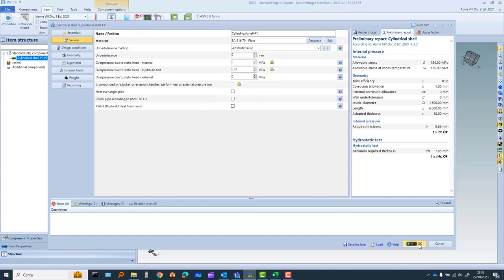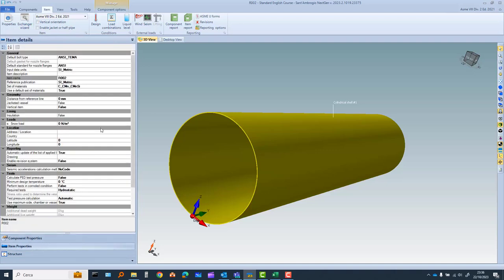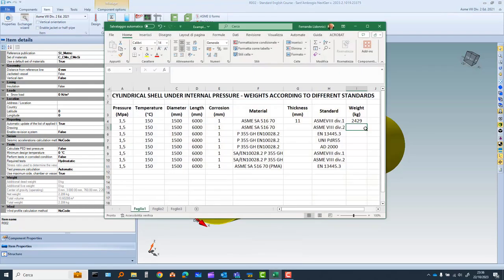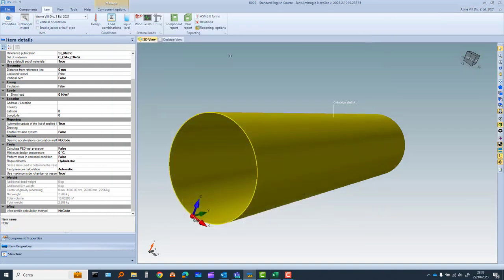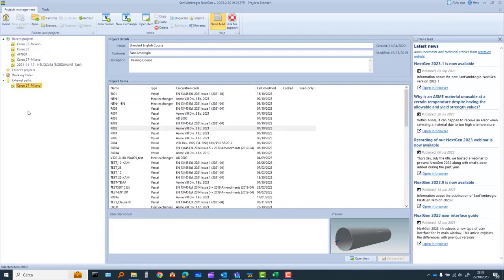Okay, just let's give a look to the weight, item properties. Of course, the weight is a little bit smaller, 2,206. We add 2,206. The thickness is less, 10 millimeter. Okay, we leave this open here. Now we close this item and we open another item,